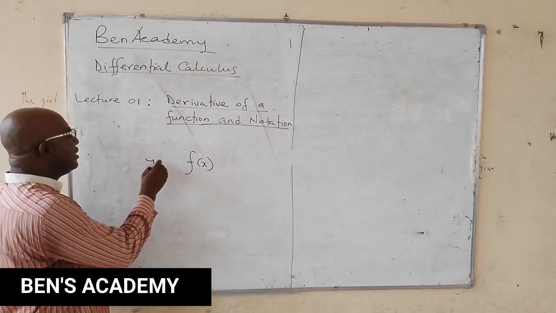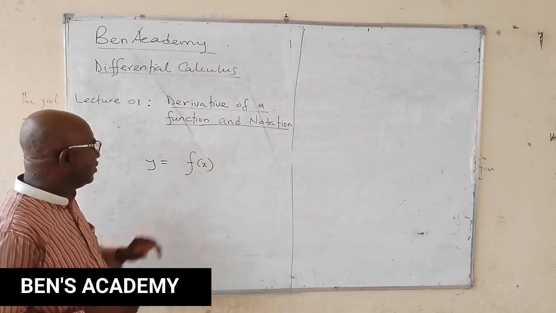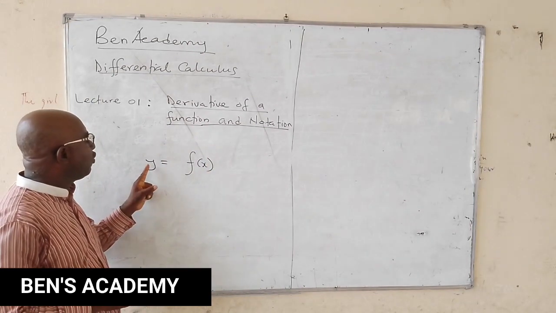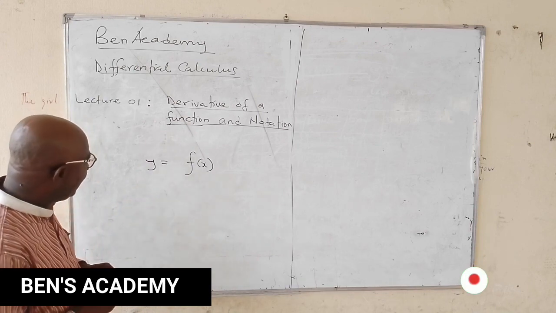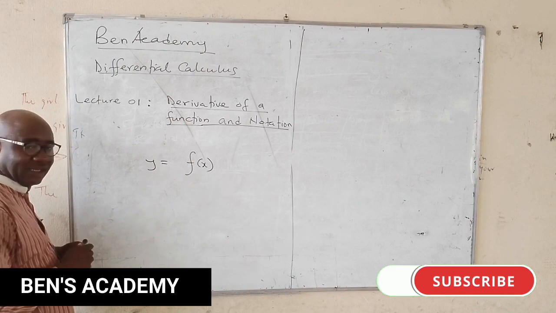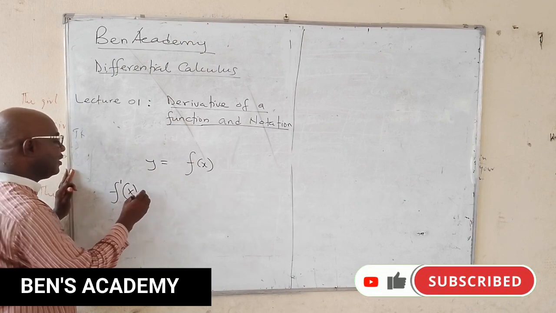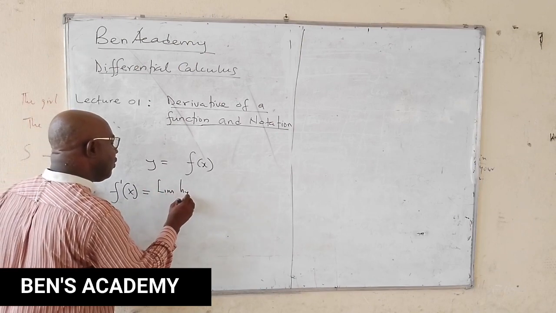If y is the function expressed as this, we define this as the instantaneous rate of change in y with respect to x. And we define this mathematically as f prime of x is equal to